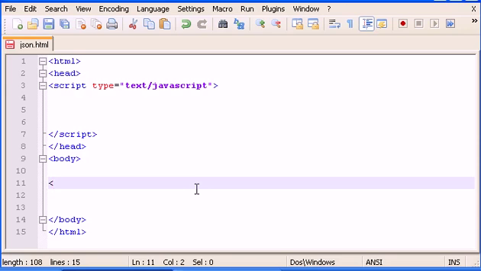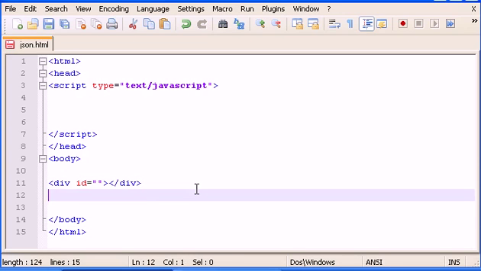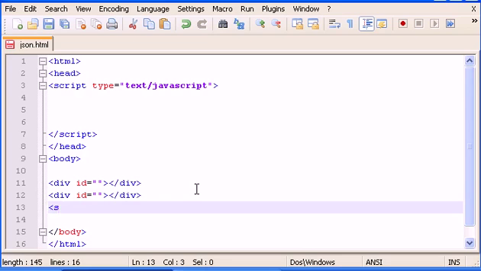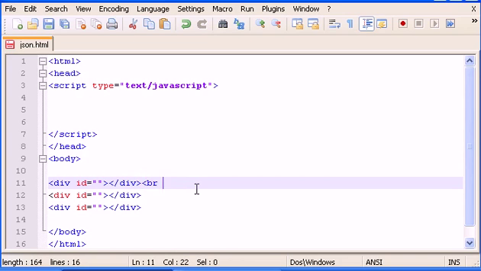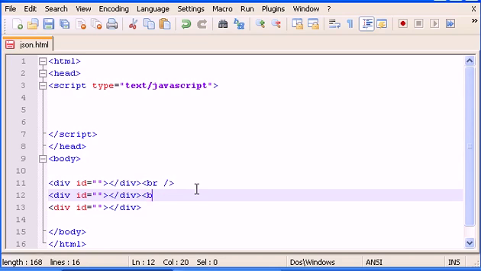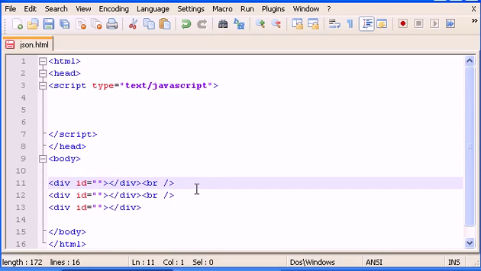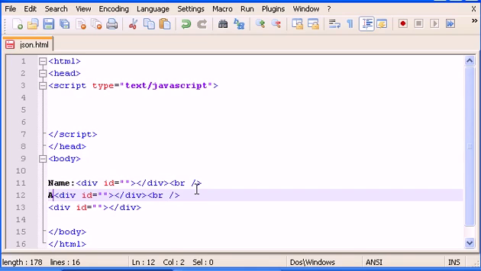we will now create some div IDs, close div, and another div ID equals another div, and one more div equals, and here another div. Okay, and you can put a line break here and a line break there as well. And before the div you can type here name, age,